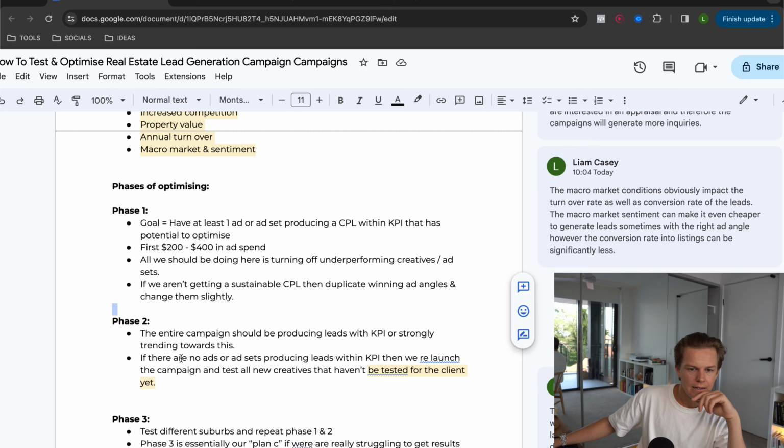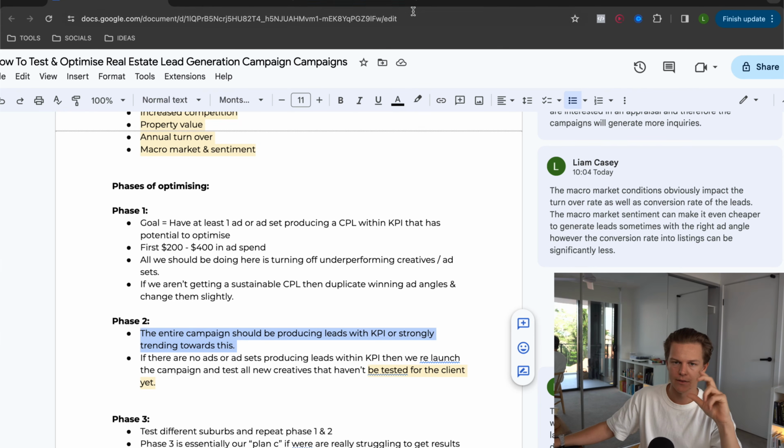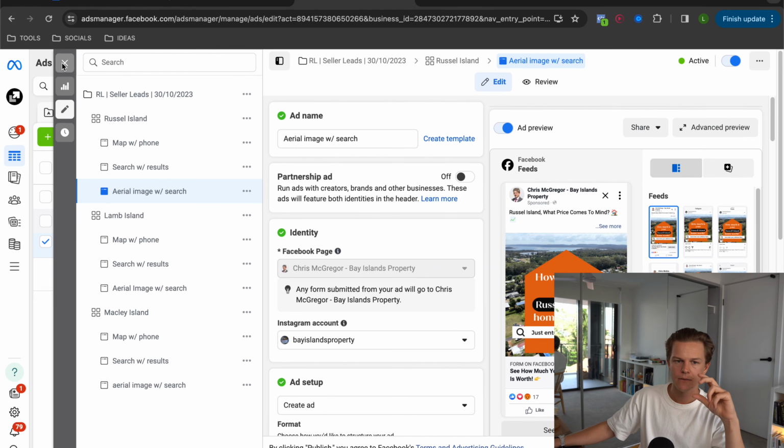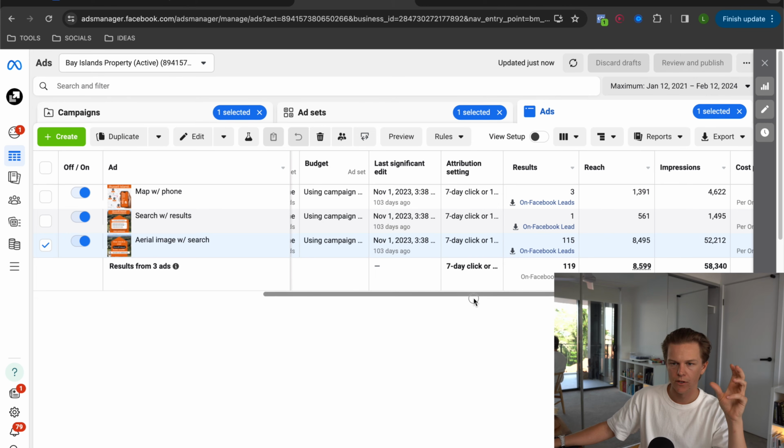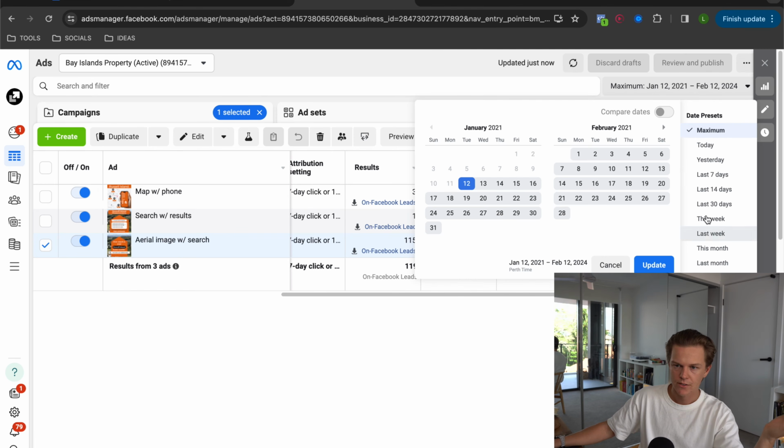Phase 2, the entire campaign should be producing leads within KPI or strongly trending towards this. So one thing that's important to look at when we're optimizing these campaigns is paying attention to the time frame that we're looking at the data on, because the way that a campaign shows you results is based on the time frame that we set it to. So we can see